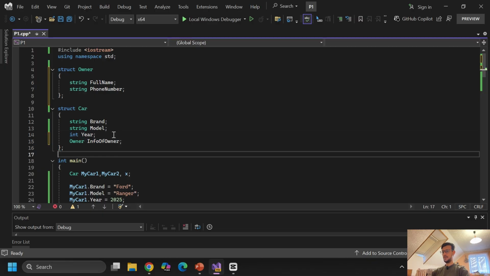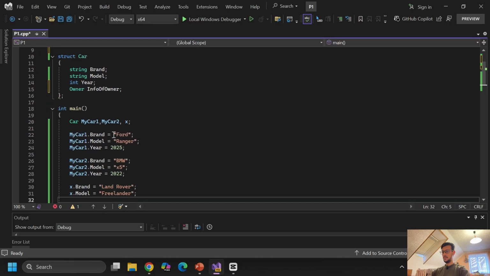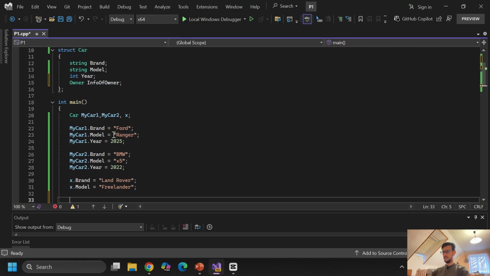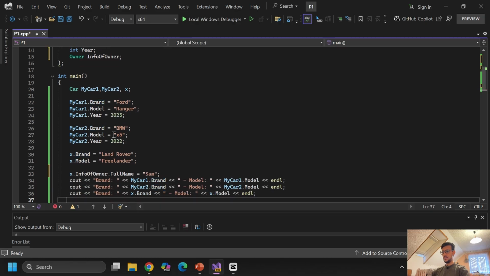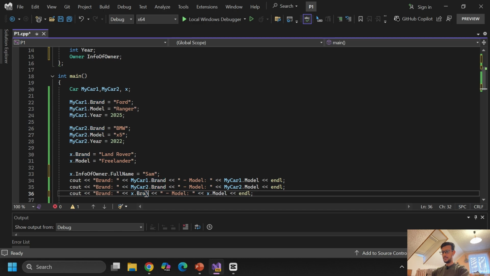So when you come down here now, you will use the same variable, any variable, for example, x dot info of owner dot full name equal Sam, my name. And after that, if you want to print it, you will just change this to x dot info of owner dot full name,